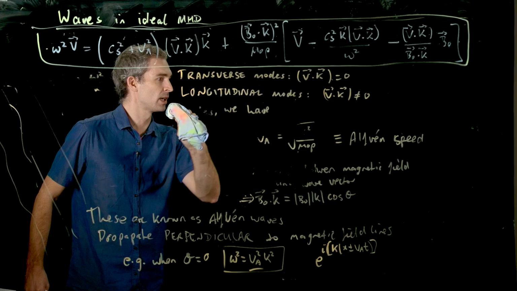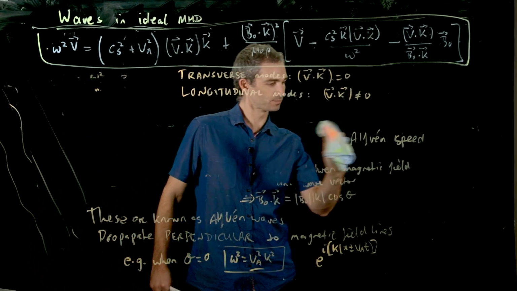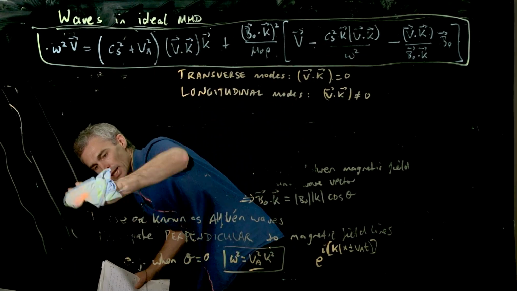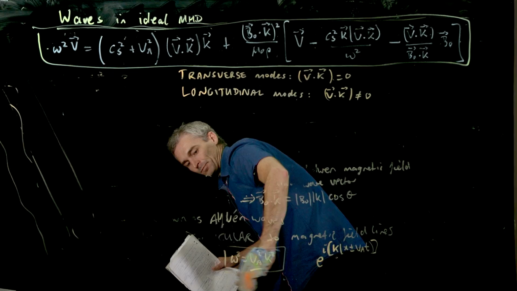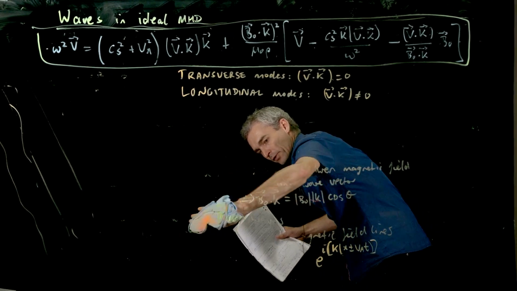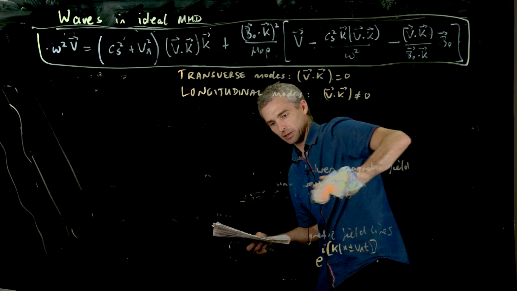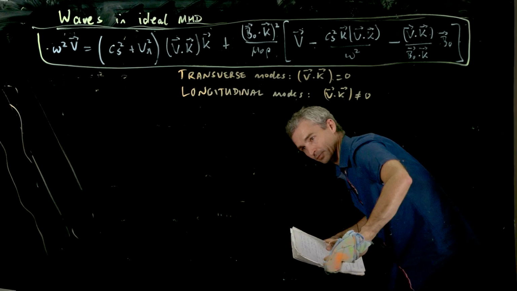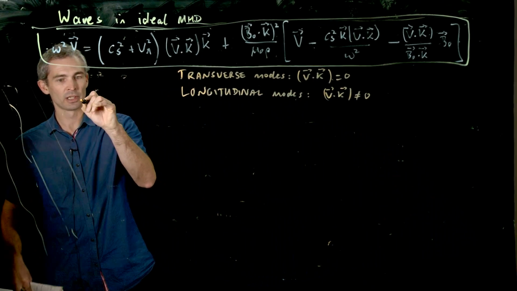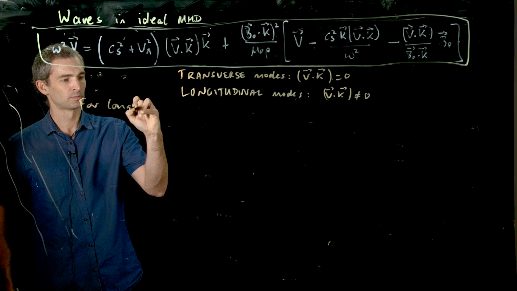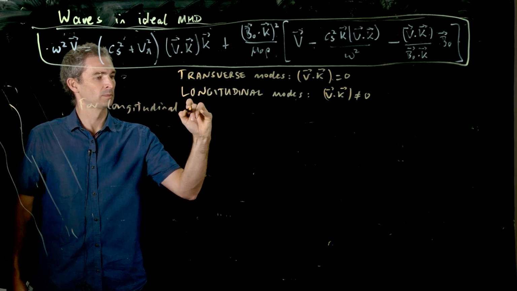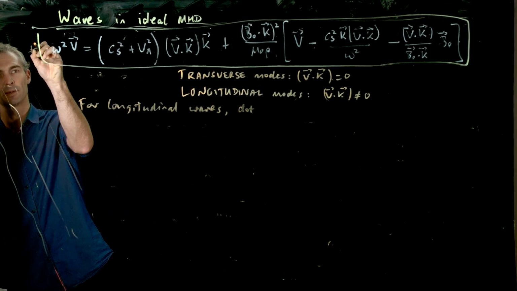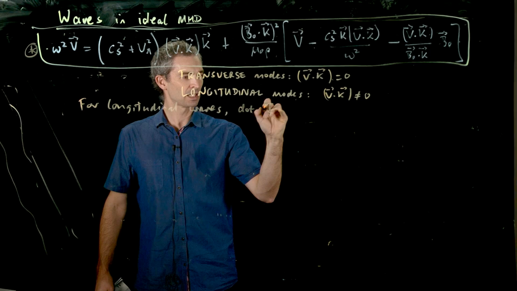So the longitudinal waves are the ones with v dot k not 0. So then the easiest thing to do is simply dot this equation with k, and we should be able to clean it all up and find what our transverse waves will do. So for the longitudinal waves, let's call this equation star, dot star with k